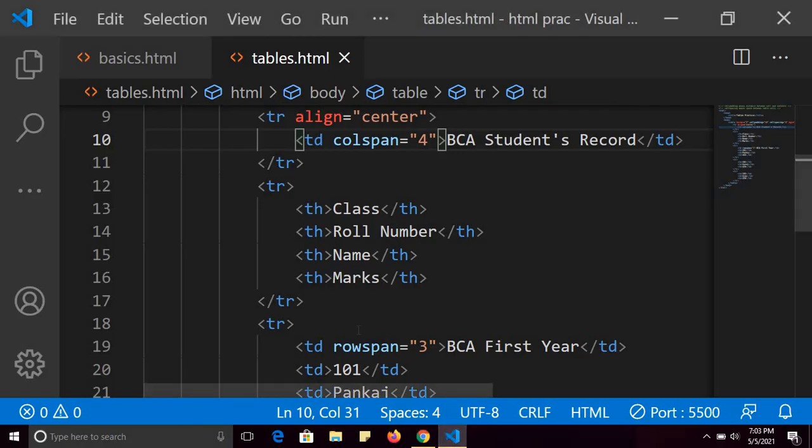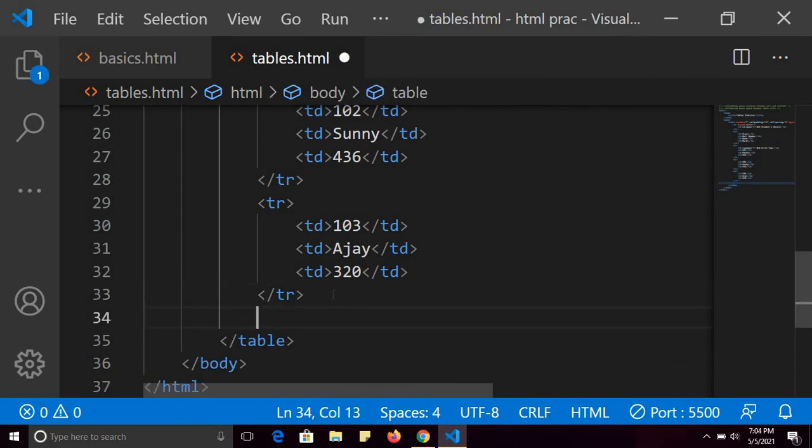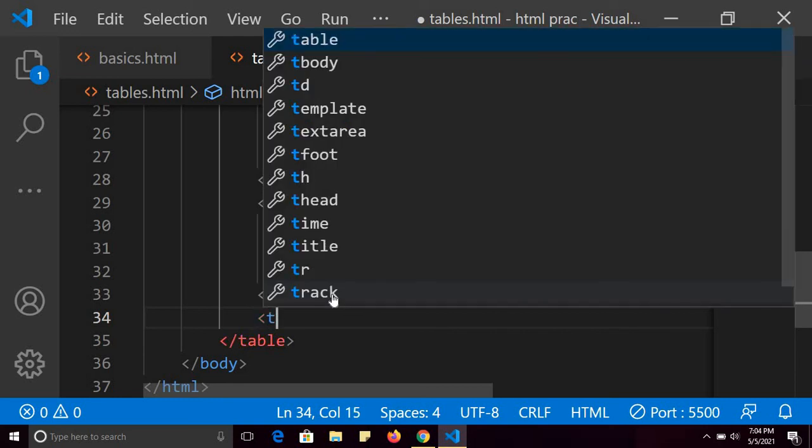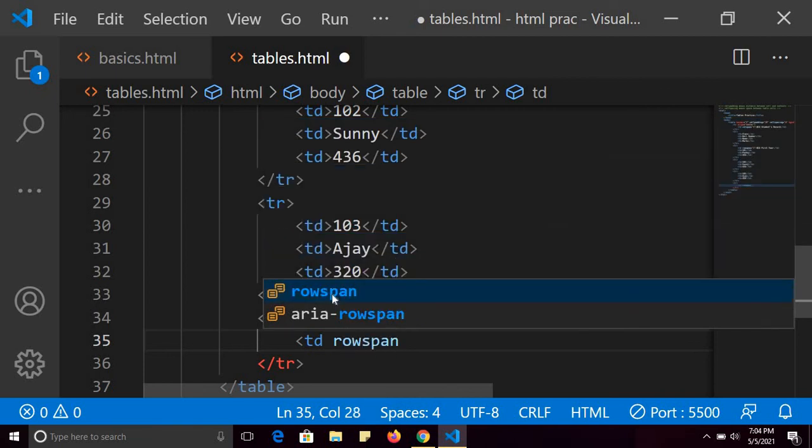Suppose now I want to store the data of BCA second year. So here I am going to create one row. Fine. So row span equals to, suppose 2, and BCA second year.